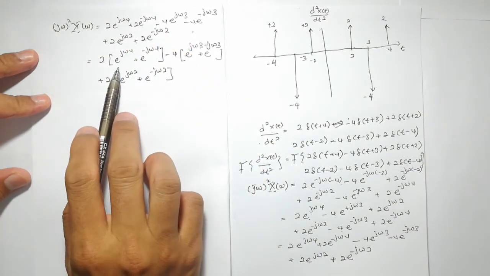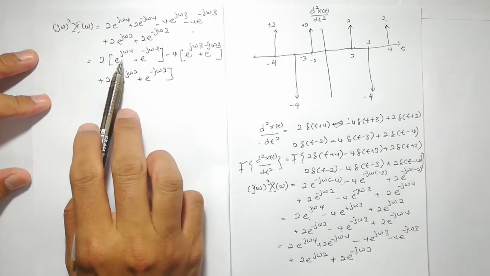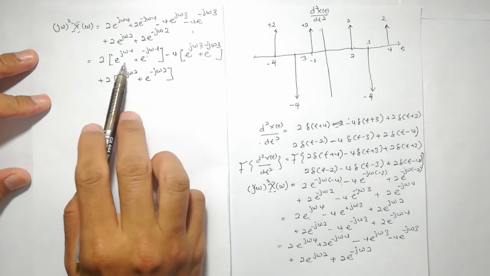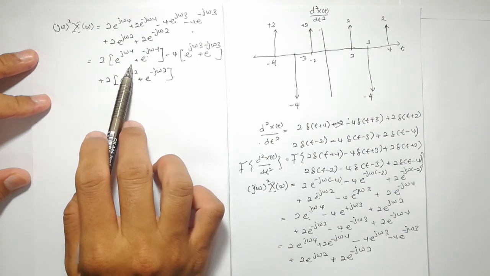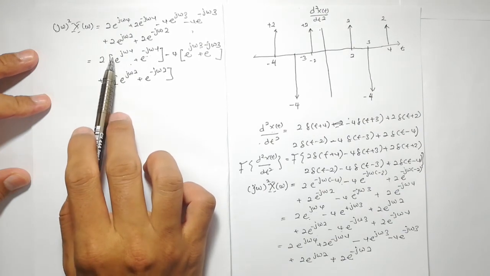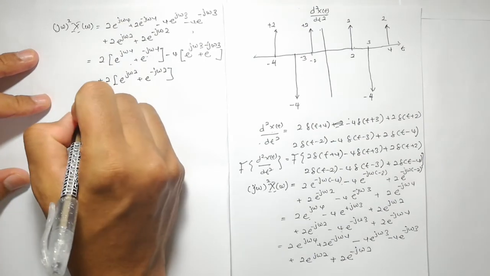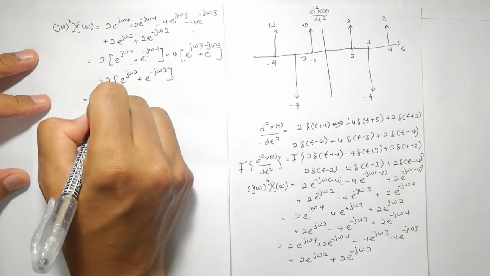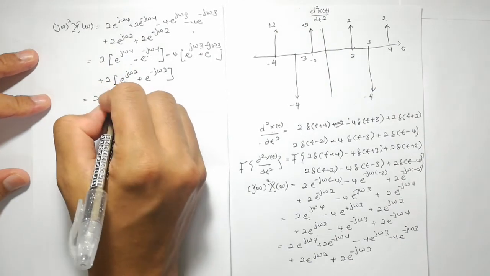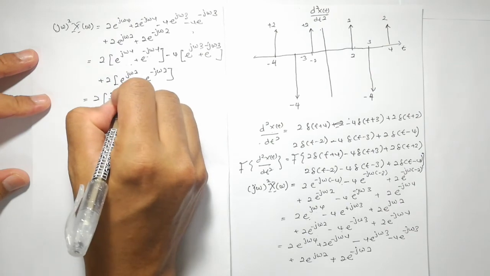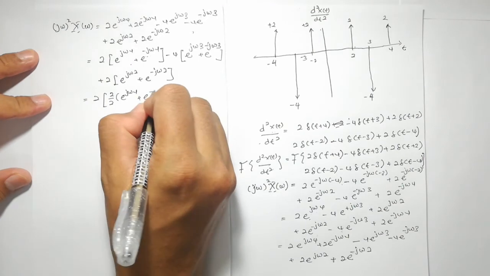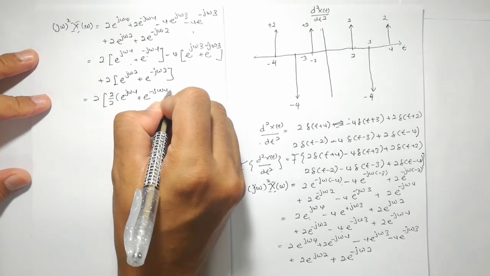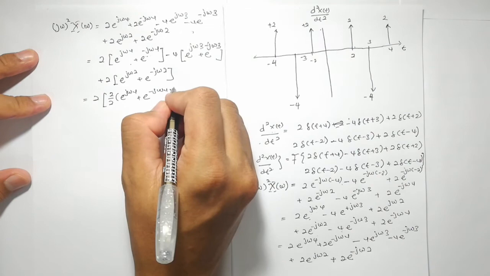So in order to use Euler relation, we need to have half e^{jω4} plus e^{-jω4} so that we can transform this one into cos 4ω. So what we need to do is that we need to multiply with 2 over 2. Okay, so this will give us 2 over 2, and then multiply with e^{jω4} plus e^{-jω4},